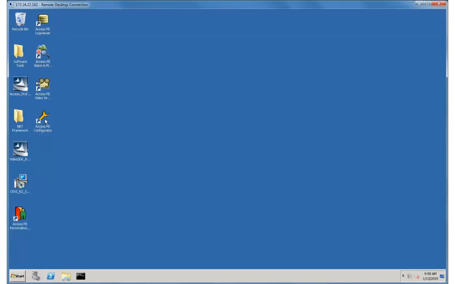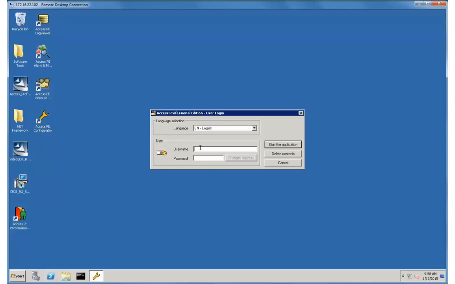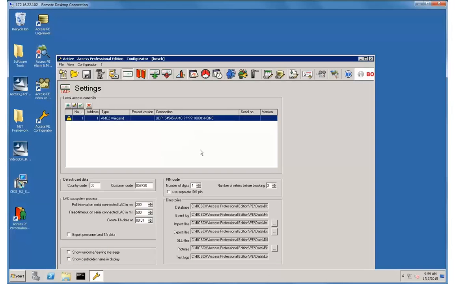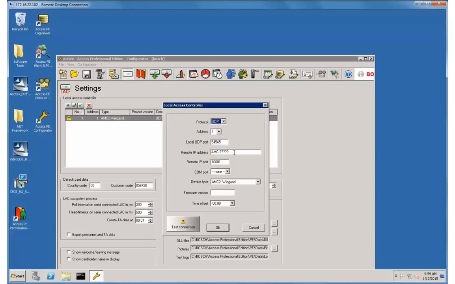To begin using the Bosch software, it must be licensed. Open the Access PE Configurator application installed by default. The default username is Bosch, and the password also Bosch, both in lowercase. Configure the IP address of the local access control hardware unit if it hasn't been defined yet, or if it